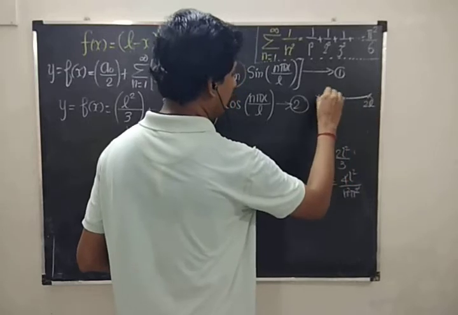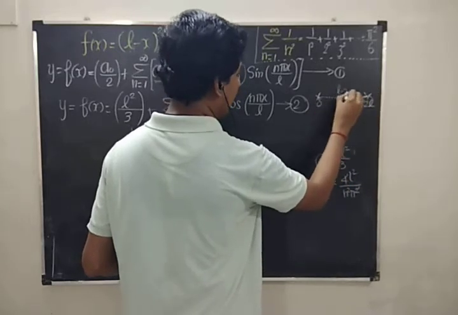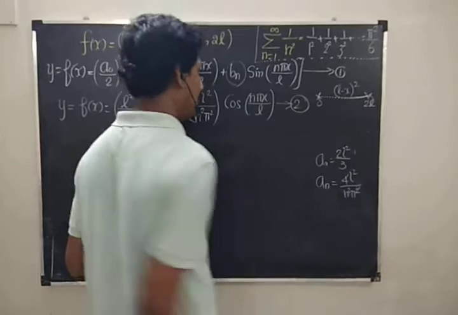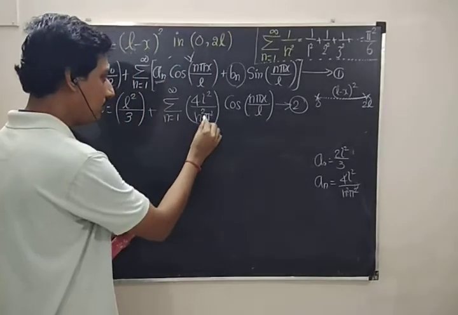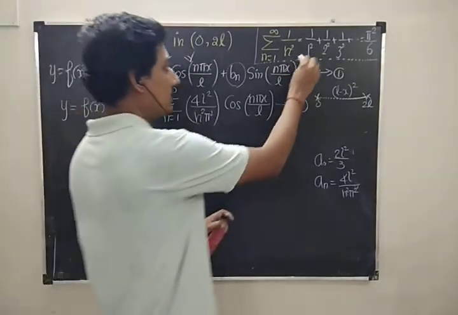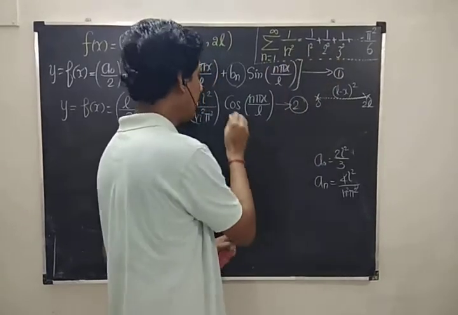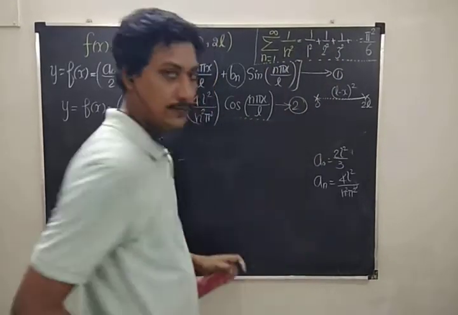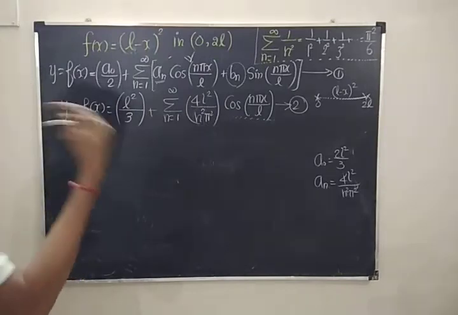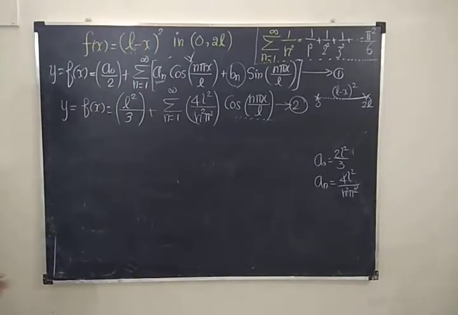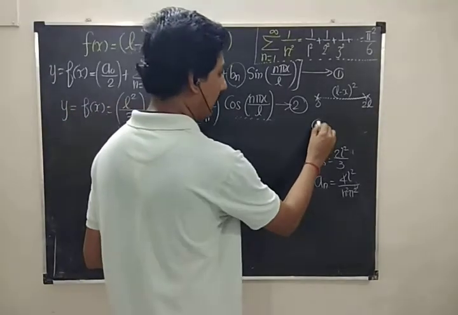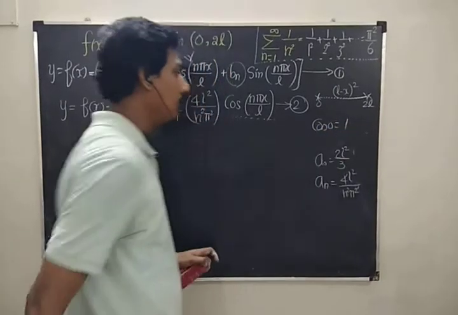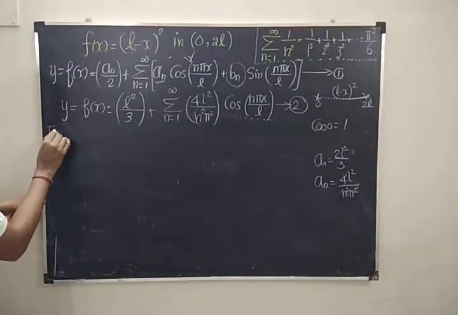These two are points of discontinuity. And in this interval, the function is (L minus x) whole square. So I need the n square value. It's very simple. So n square is kept. At the same time, I want to retain the cosine term as 1. So how will we make the cosine term as 1? Very simple, by taking 0 value. What's the cos 0 value? 1. So now take x equal to 0.